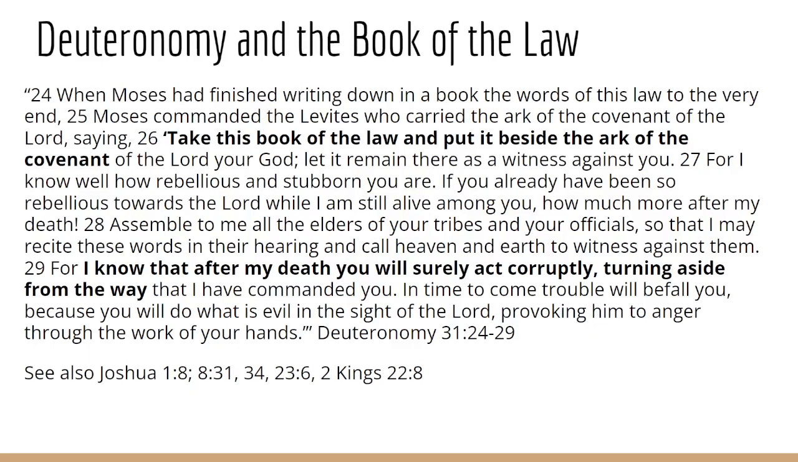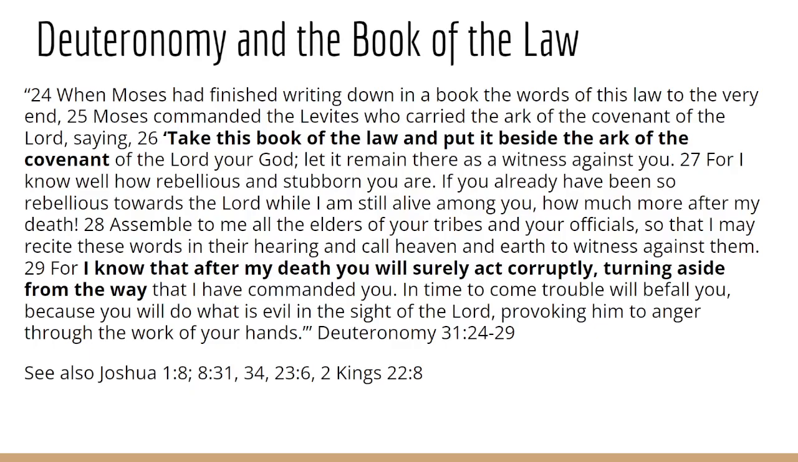So he writes down this book, and then he says, take this book of law and put it beside the ark of the covenant of the Lord your God, and let it remain there as a witness against you, because I know well how rebellious and stubborn you are. If you already have been so rebellious towards the Lord, while I am still alive among you, how much more after my death? And assemble to me all the elders of your tribes and your officials, so that I may recite the words in your hearing and call heaven and earth to witness against them. All that is the stuff we saw in the Caesarean treaty format, right? The witnesses and